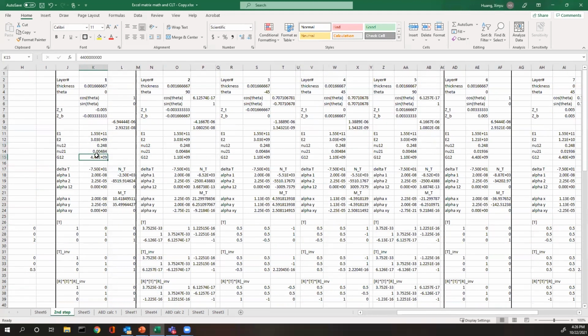I reduce this to 25% of it. And I reduce this to 25% of it. And I reduce this to